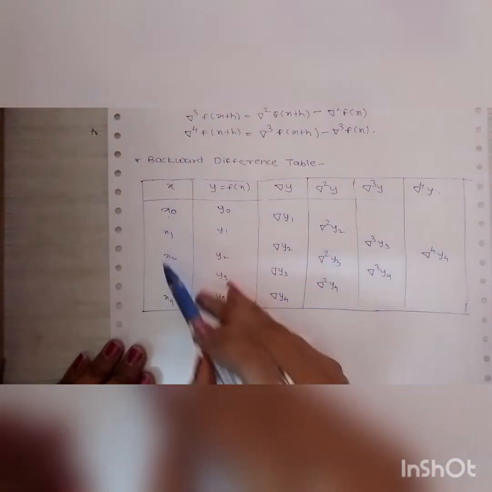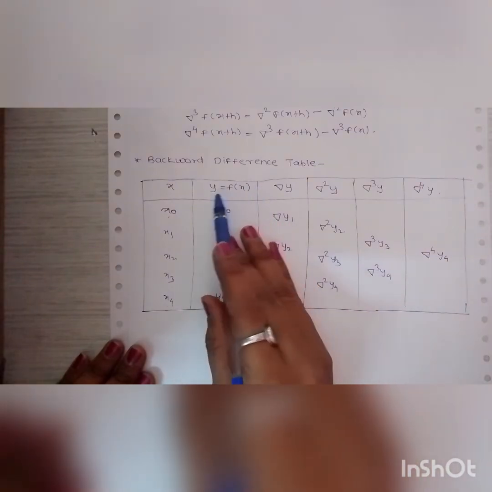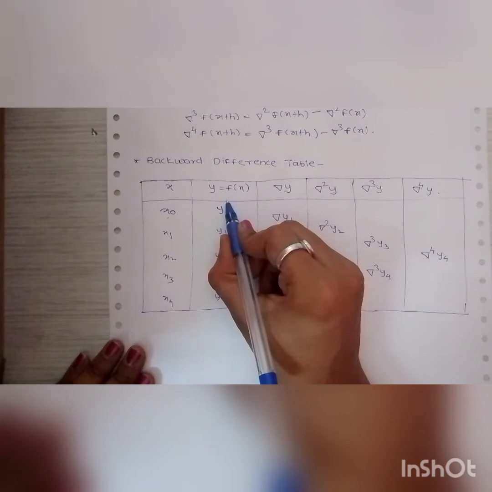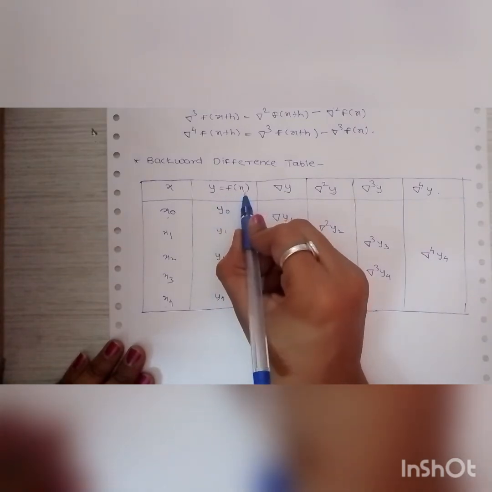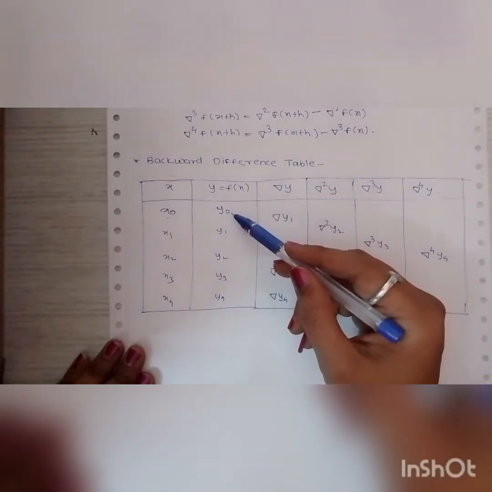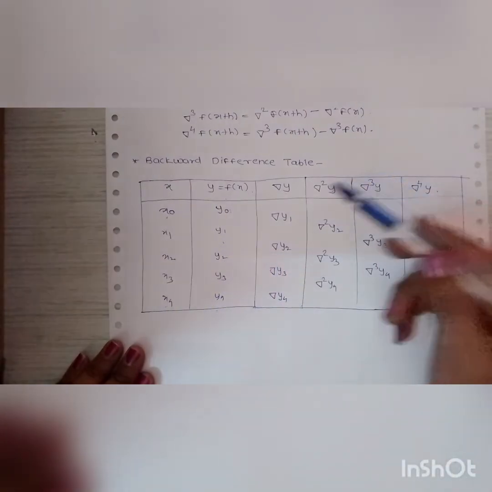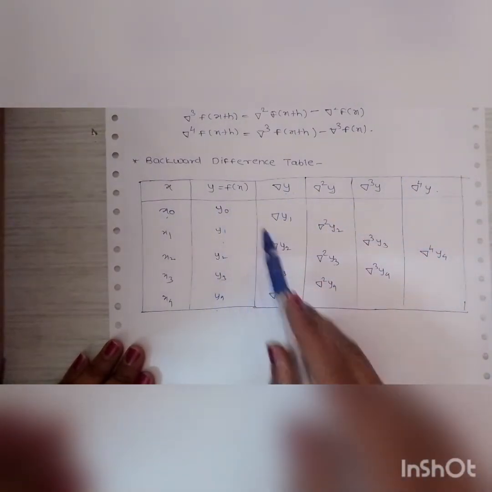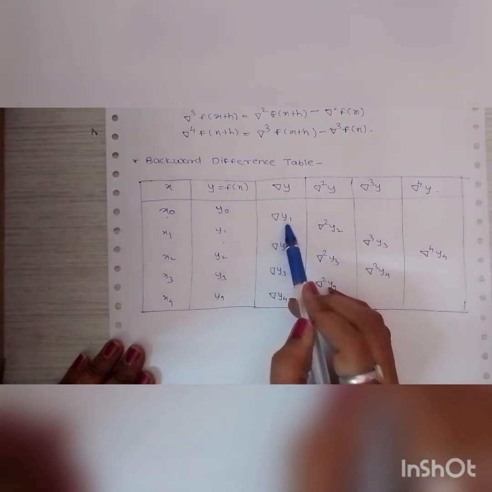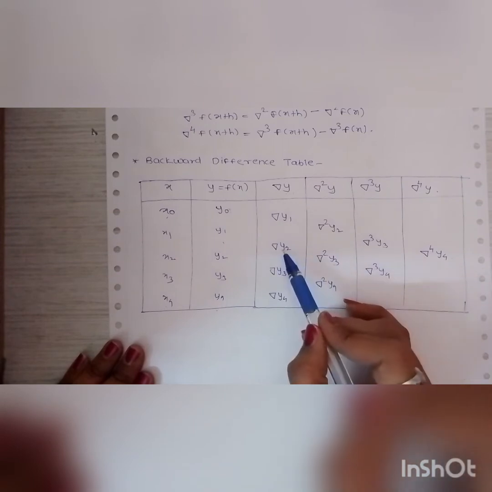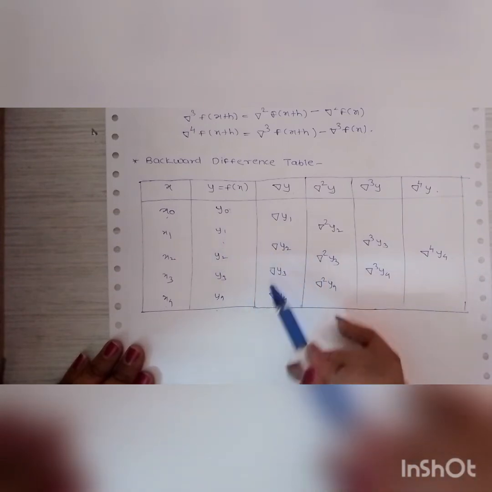From these values of x we put in the equation y equals to f of x. Therefore we get the values of y0, y1, y2, y3 and y4. From these values we find del y1. What is del y1? y1 minus y0, del y2, y2 minus y1, del y3, y3 minus y2 and del y4,